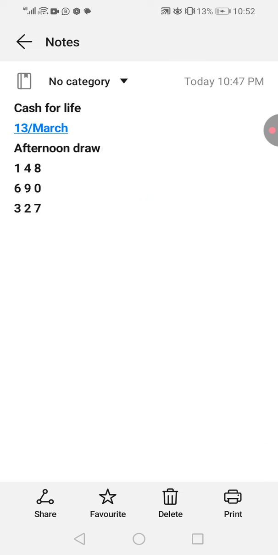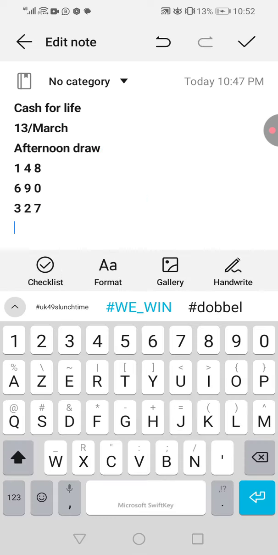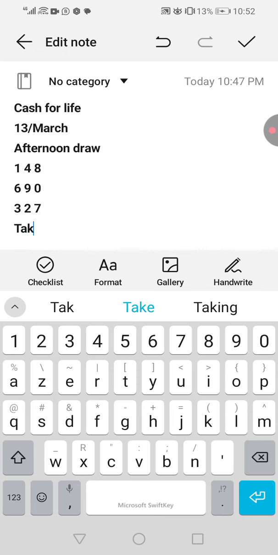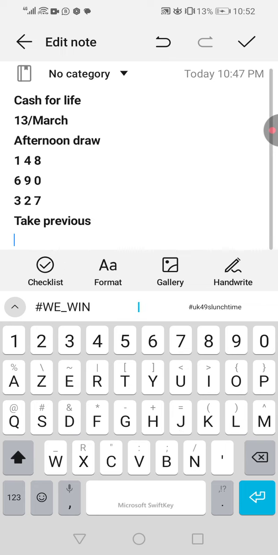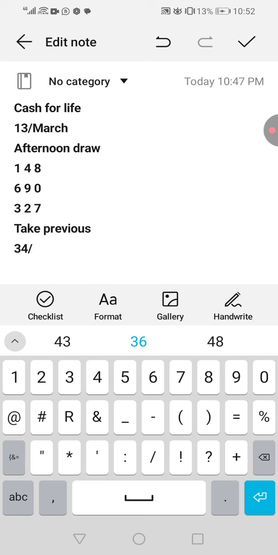Okay, so I think I'm going to add another additional strategy on top of this code. Let's do this. What you do, let's take the previous numbers. The previous numbers were 34, then 23, 16, then 27, 39. 39 came today, so it was a boom, guys, because these are previous results.